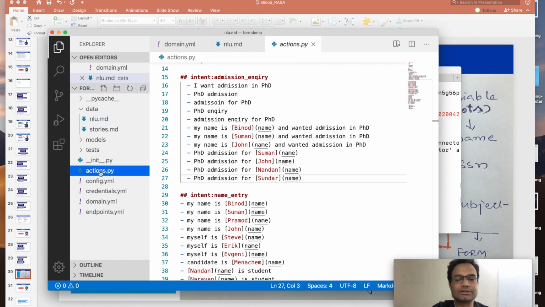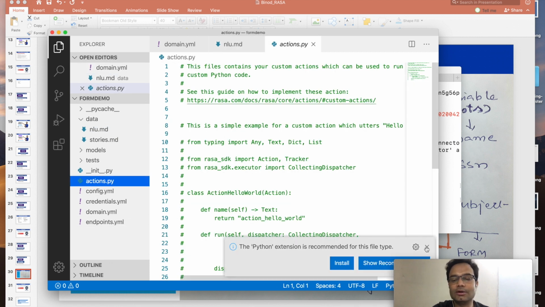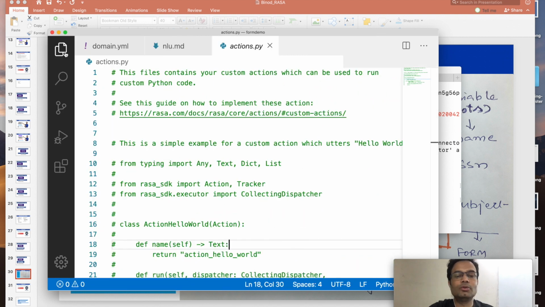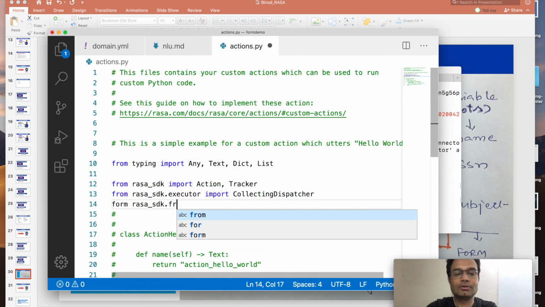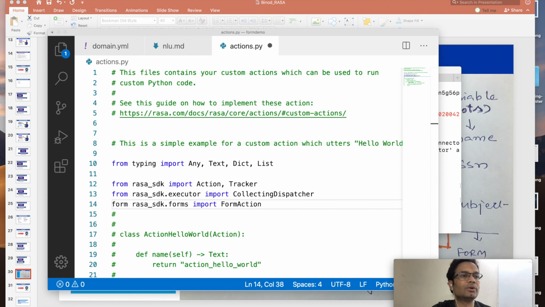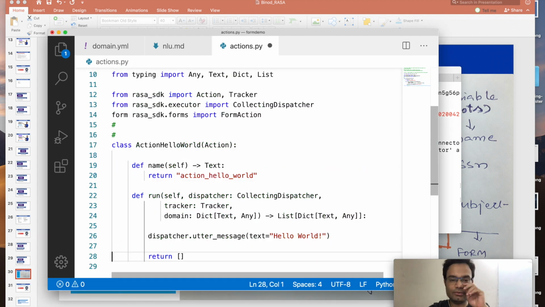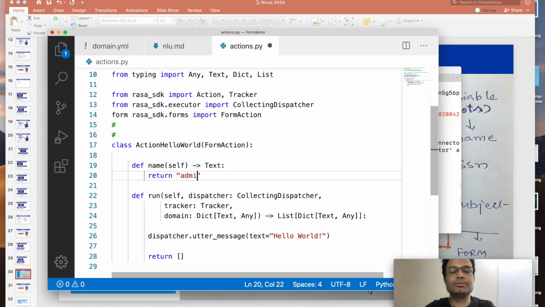So go to the action.py and just change this form action, and we can give the admission form, whatever we discussed.